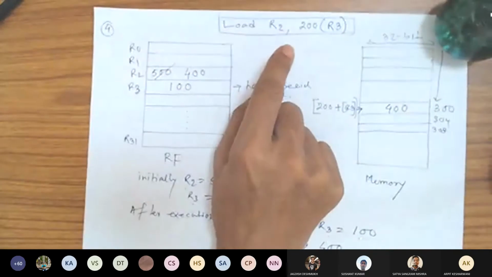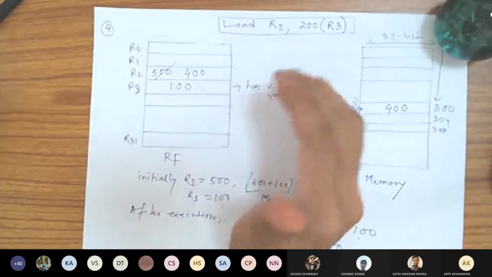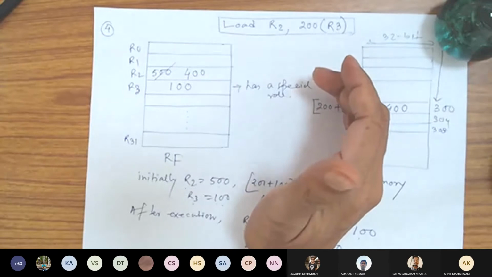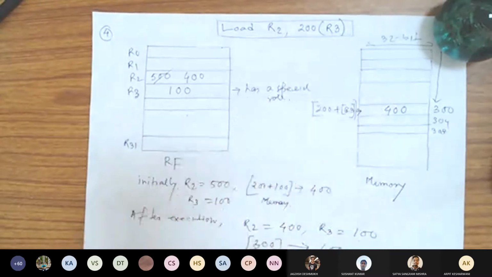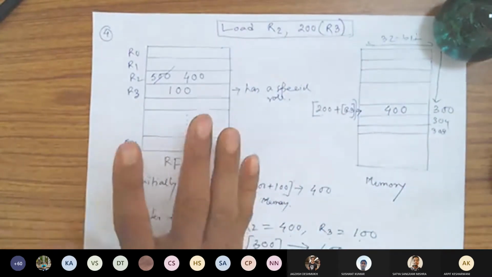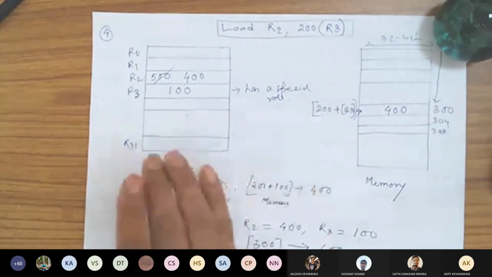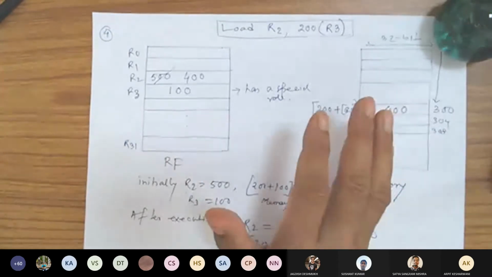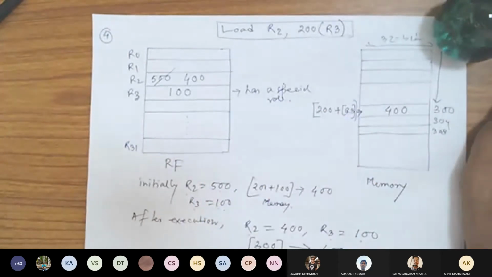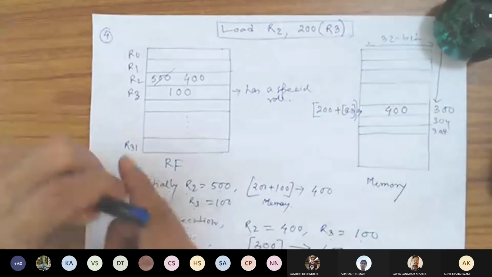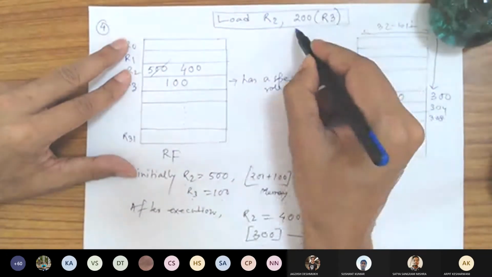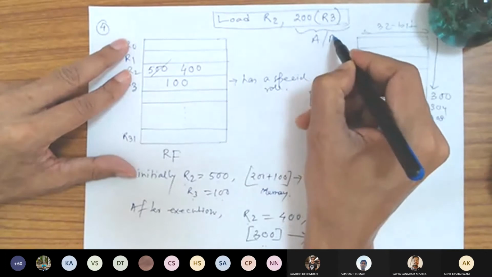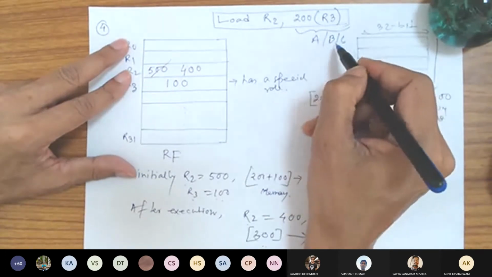So load is an instruction. Now you may not get a similar instruction in this particular format in 8085. That's why I told you this is a RISC processor, an example taken from a MIPS 32 or RISC 32 processor, a 32-bit processor. If you look into books, you may find these instructions are written in a different way. Like in books, you may find an instruction like load R2, A. Instead of this one, they may write it A or B or C. But these A, B, C are addresses.